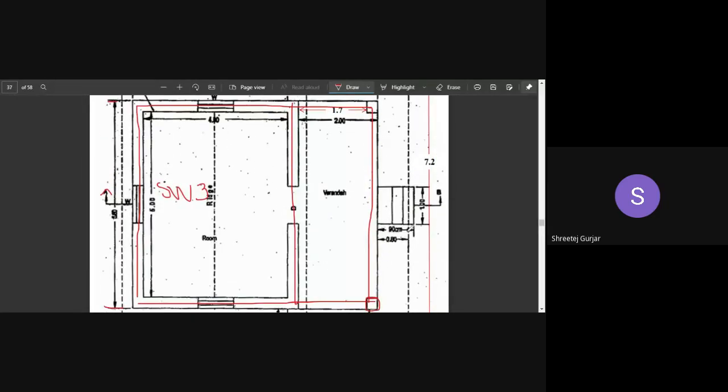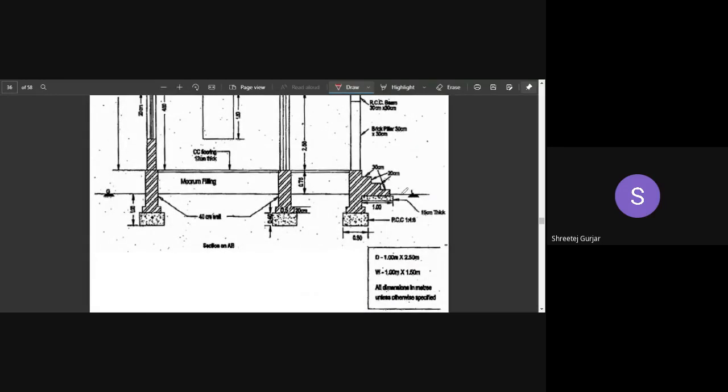So you can see length is 1.2 by considering some certain amount of projection or bearings. So what we do is we assume certain projection. So this totally will be 1.2, and you can see the width, which is 0.9 from here to here. So it is 0.9 and 1.2, and the depth of foundation which is required is from here to here, right? This much we need to excavate.